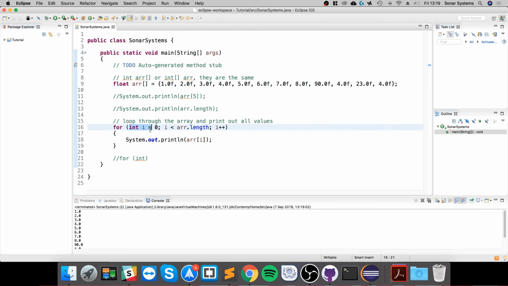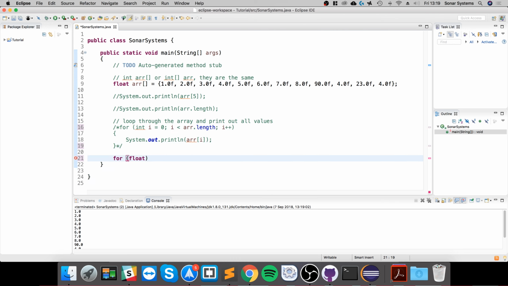This is just an index of the array, so 0 through to however long this is. I think it's 2, 4, 6, 8, 10, 12. So the last index is actually index 11, but the length is 12. The index is always an integer, so this is what this is referring to. But in the for each style of loop, you put the exact data type that your array is. So in this case it's float, and if I comment this out,